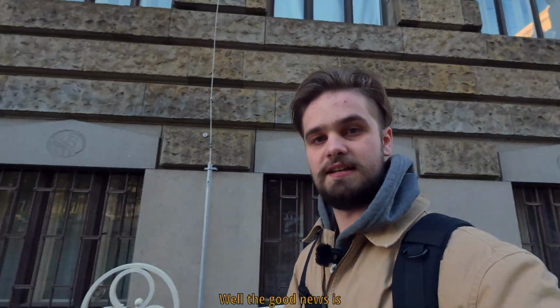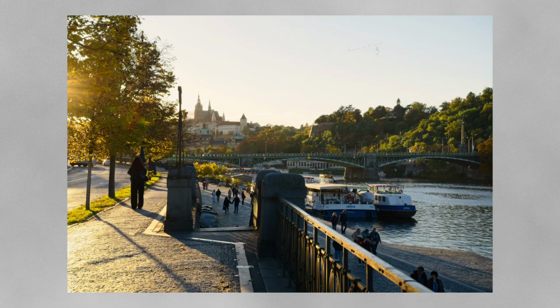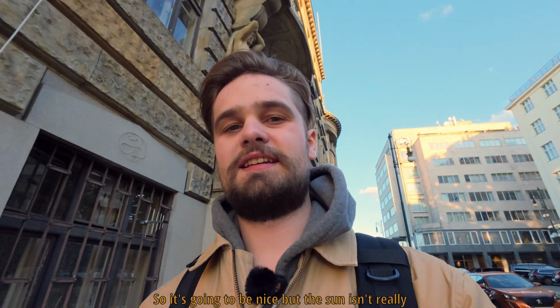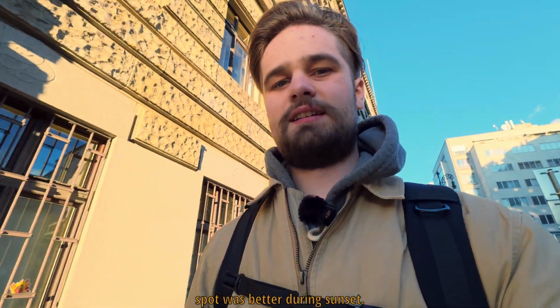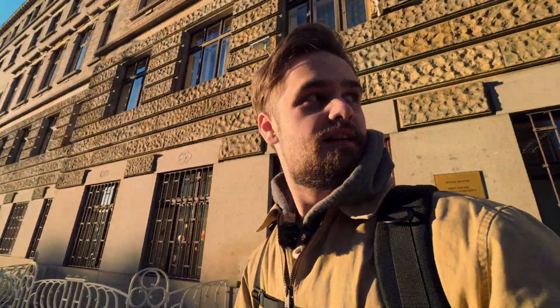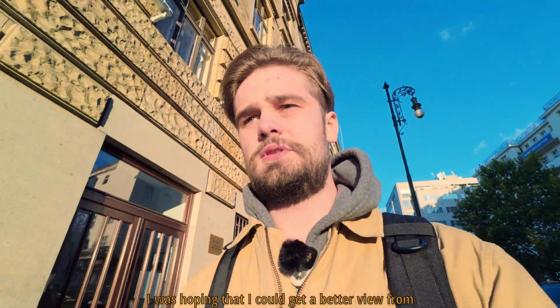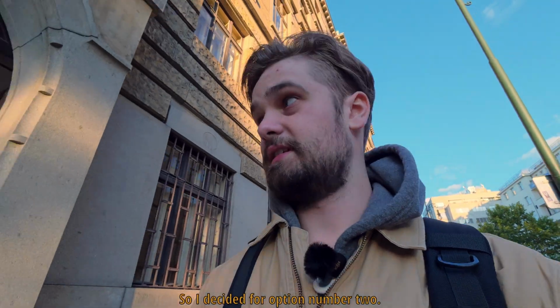Well, the good news is, look at these colors. Looks so nice. So it's gonna be nice, but the sun isn't really setting where I wanted it to be. I was hoping that maybe the view from the lookout spot was better during sunset. You can see now where it's setting. I was hoping that I could get a better view from my lookout spot during sunset, but that's not gonna work. So I decided for option number 2,